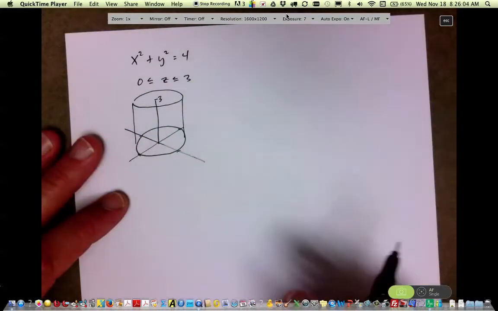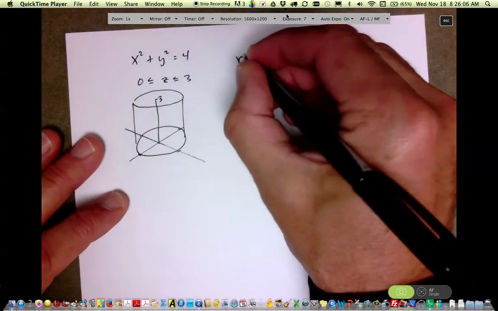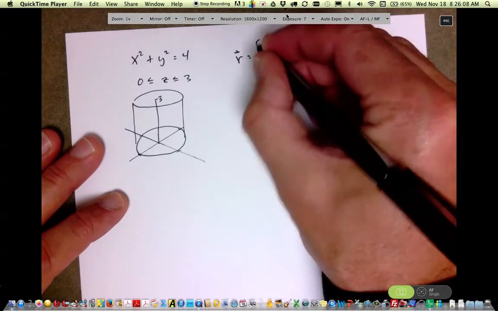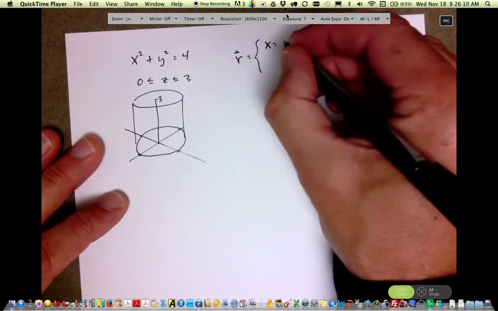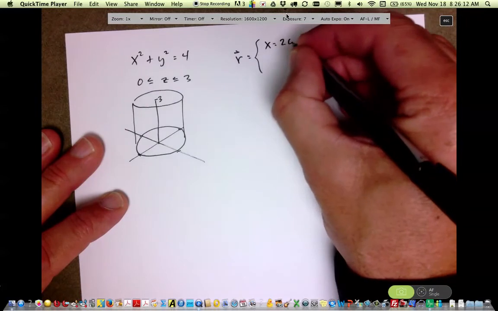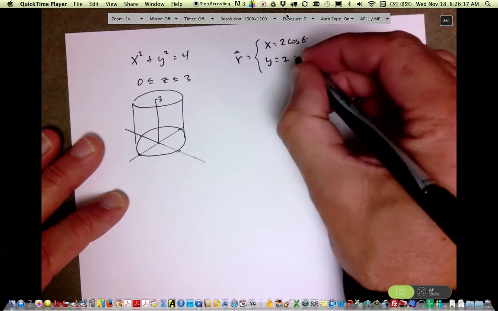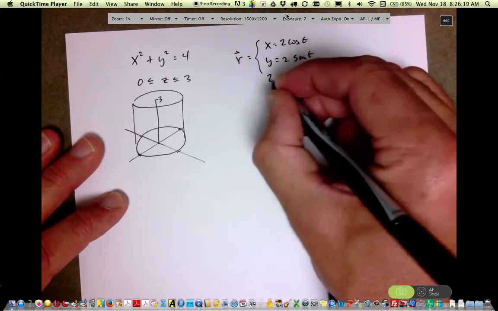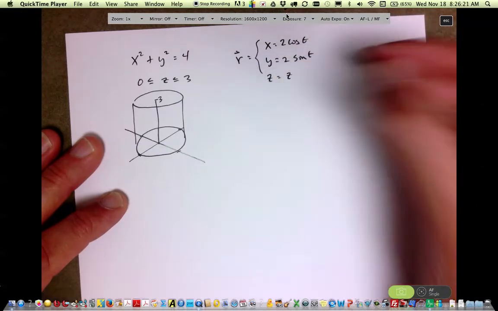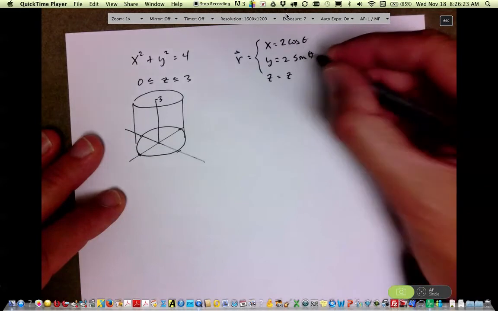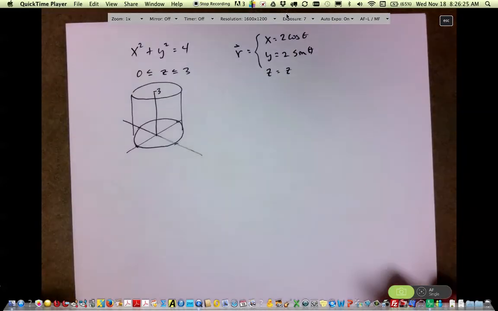All right, now the parameterization on this is going to be the same. Okay, x is going to be equal to 2 cosine theta. Y is equal to 2 sine theta. And z is equal to z. All right, we can't get away from that. We're still going to have that same parameterization, which just comes from